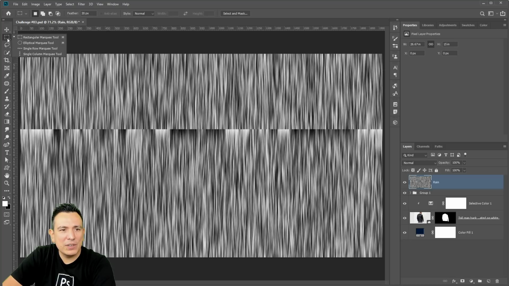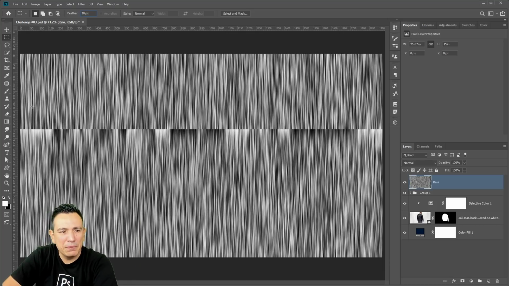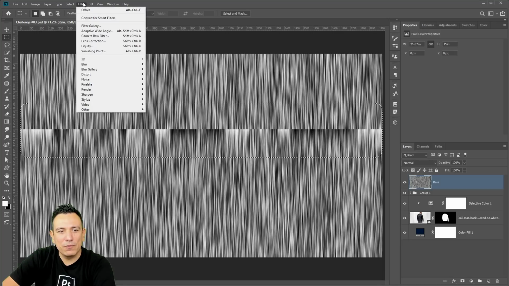And what you can do is grab an elliptical marquee tool, and then just add a feather to it. So 20 pixels would work, because we want blurry edges. We don't want a sharp edge because then we're going to create another seam. What feather does is it makes the edge of the selection not completely sharp, but blurry. So I just made a selection like that over the seam,